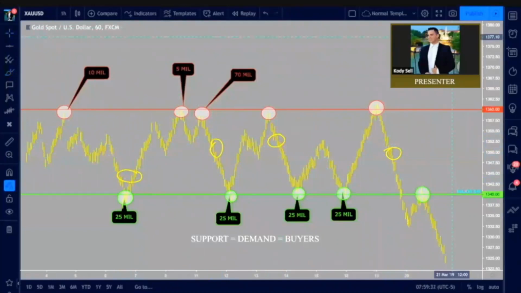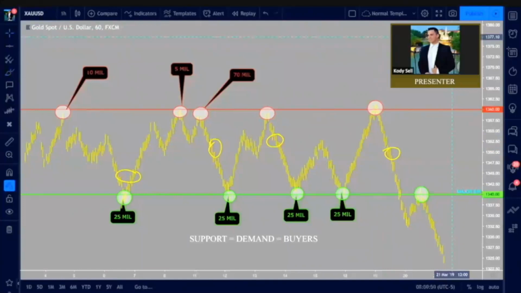And what's the result of this supply and demand in the market? You end up with support and resistance, inherent barriers in price, and you're able to accurately predict where the sellers are going to come in, where the buyers are going to come in, and